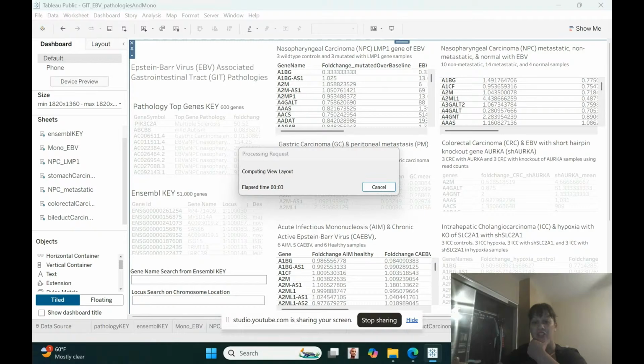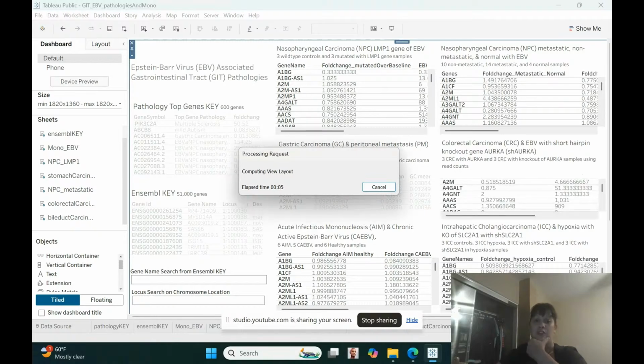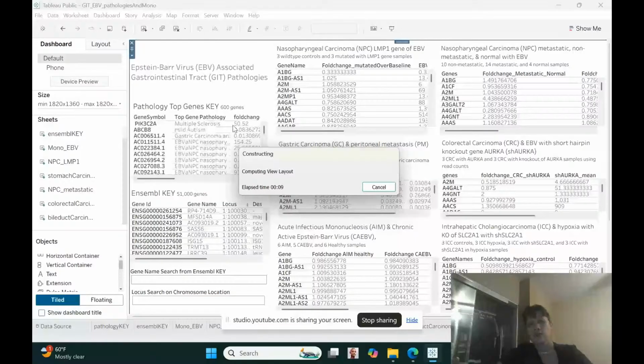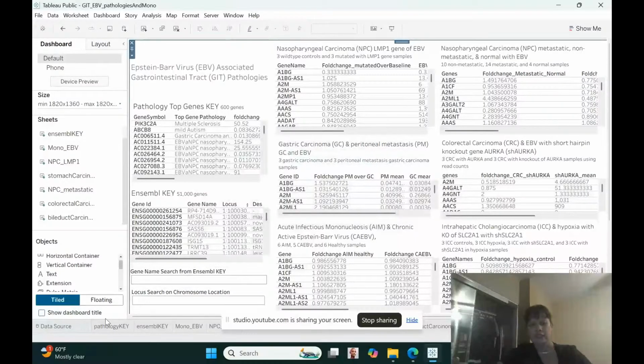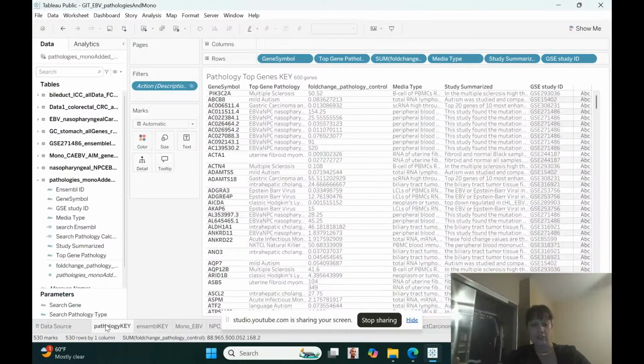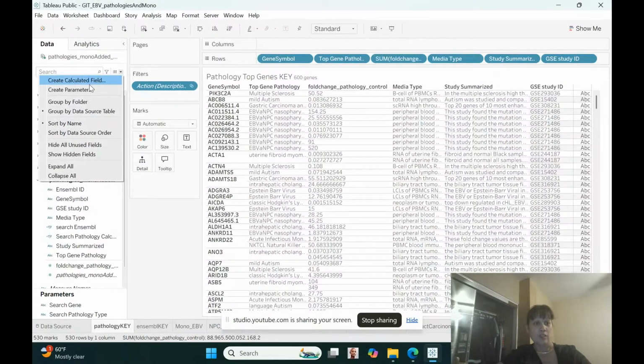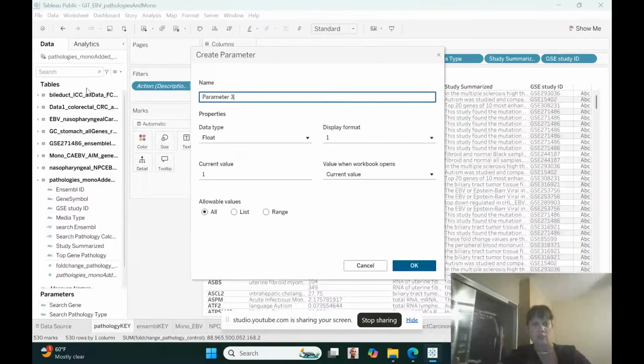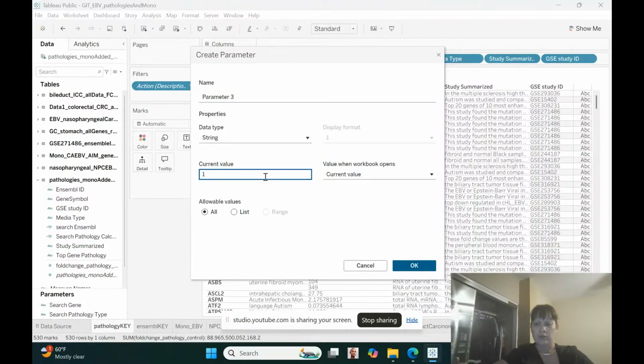And then I spent some time fooling around with finding a way to filter stuff and add a search toolbar. But what happened was the search toolbar would limit everything you do. So if you manually go in to, let's say here, the pathology one, you go in here under the data tab, you create a parameter, and then you name that parameter, you make it a string, and then you put a value in it,